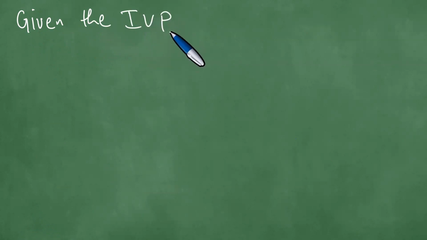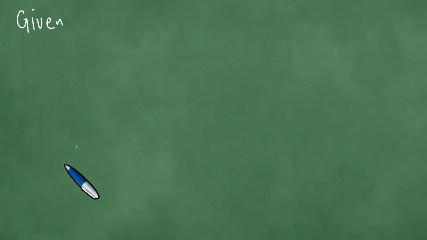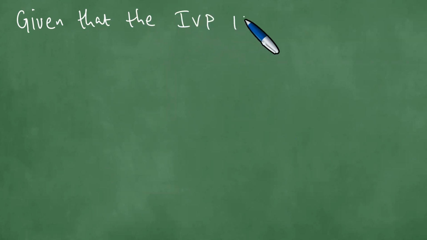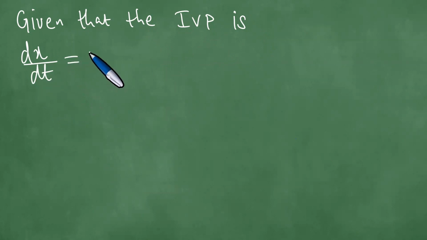And so what do we do now? So in this problem, given that the initial value problem is dx dt is t plus x plus y, and then this,